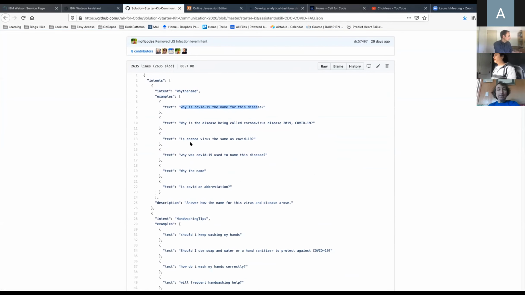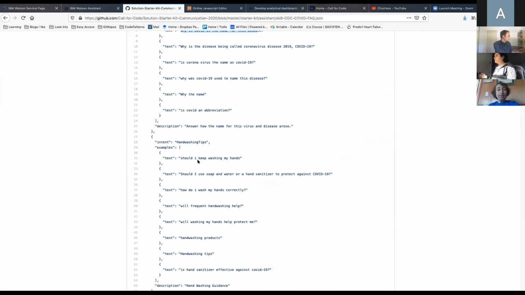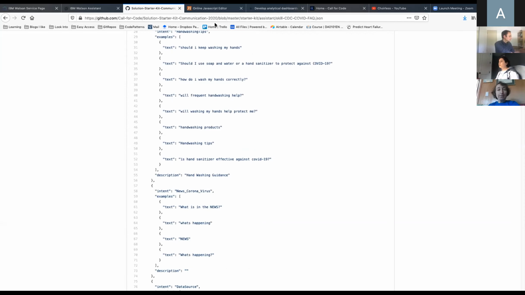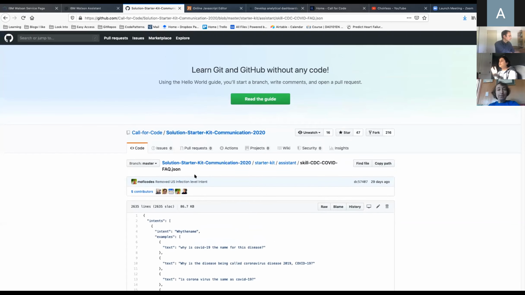We've gotten all of these questions from the CDC website, so it's pretty accurate, especially if you want to build a chatbot around COVID. For example, there's hand washing guidance, that's an intent. There's a ton of data here.